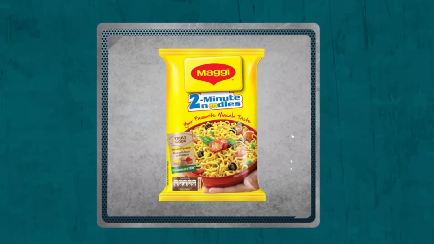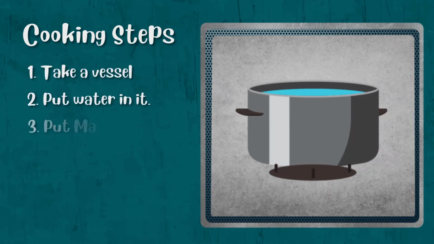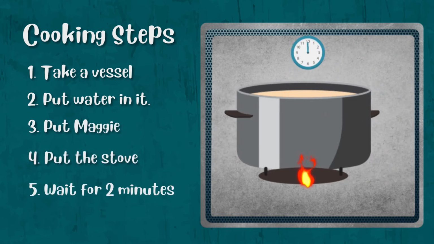And the first time she introduced this word to me, she said that an algorithm is basically a set of steps that you have to follow to get something out of it. I was like, okay, why is this part of computers? You follow a set of steps in the real world, don't you? Like I make Maggi, right? I make Maggi, behind it I see a set of steps, right? Take a vessel, put water in it, put Maggi in it, put it on the stove, wait for 2 minutes, a set of steps that gives me a result, right?